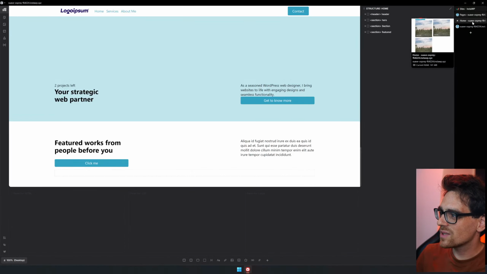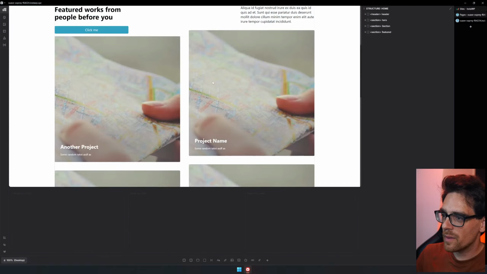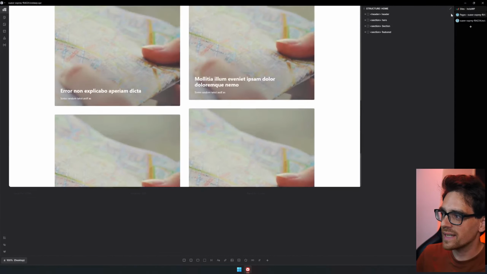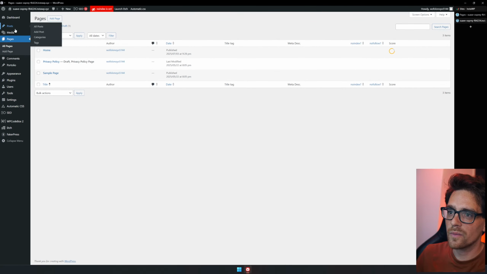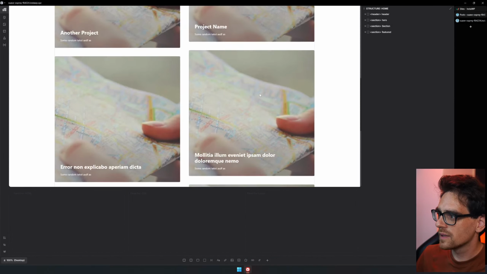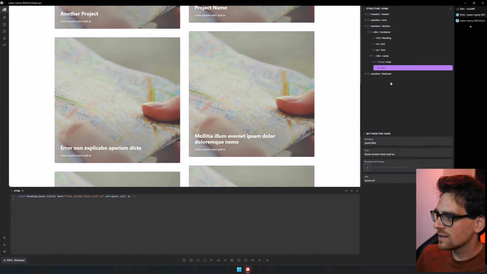So let's get back into Edge. And if I remember correctly, here we have some example data that is created, and we can see that as well if we go to posts. We see that there are faker data added. So these 1, 2, 3 are just fake data. And it makes it very easy for you to test out any loops that you have, like we have right here. So let's go into our card, and in here we want our